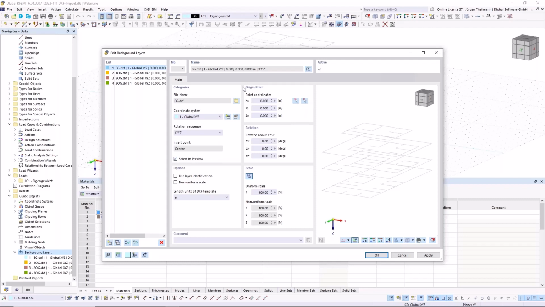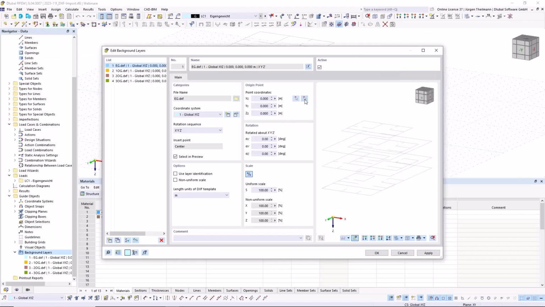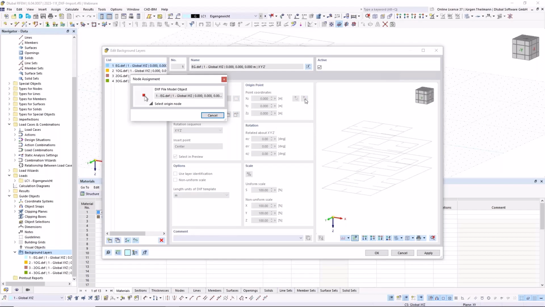And that's done at this section here, at this origin point section. There are two pretty similar pointers right here for the picking. The left one I show you is for where in my RFEM model will be the origin point. And the right one is for where in my DXF file will be the origin point.